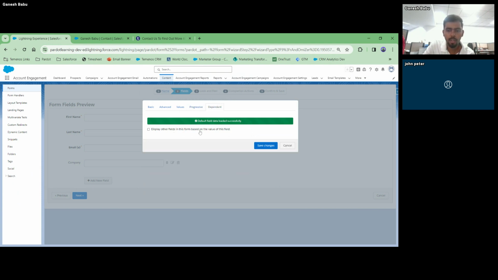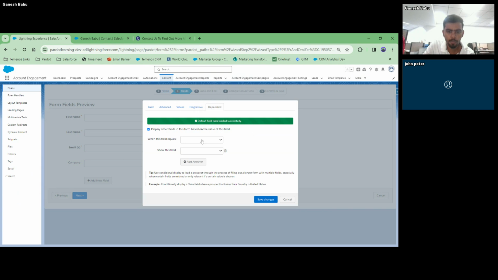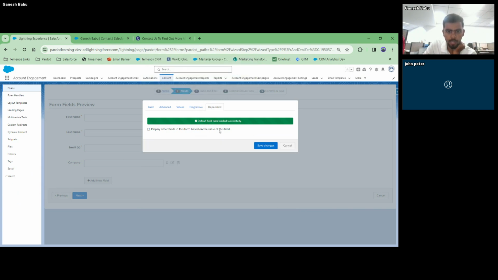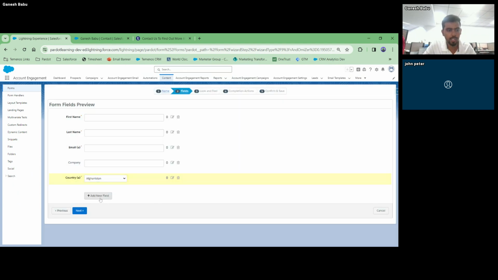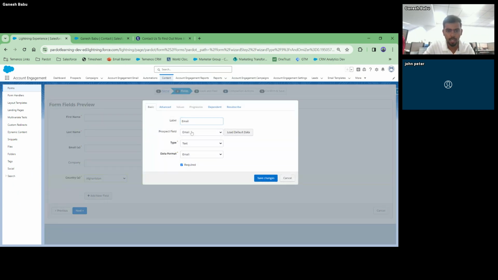And there is a dependent field, right? Let's say for example, I'll come back to this again. I'm making changes, and after the country, I just want a state field also to be visible. In the type, it's a text, it's required.